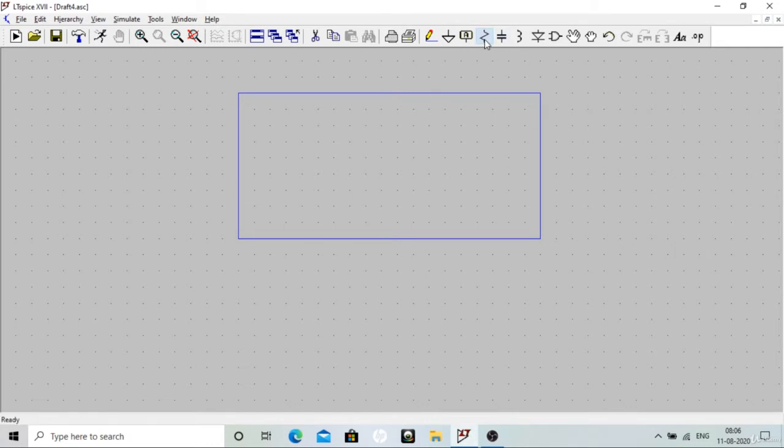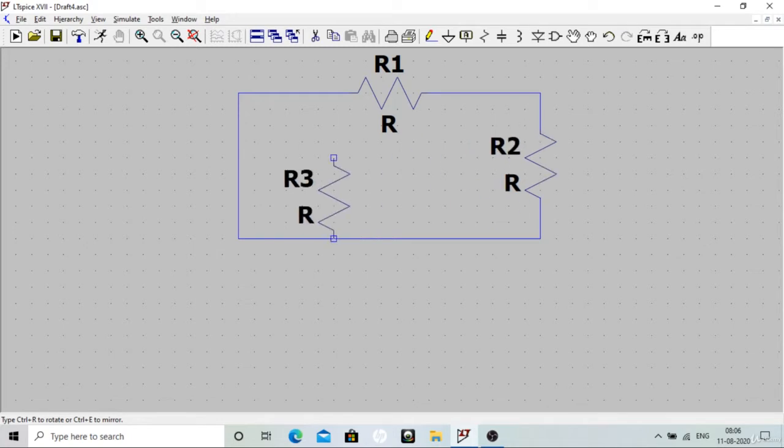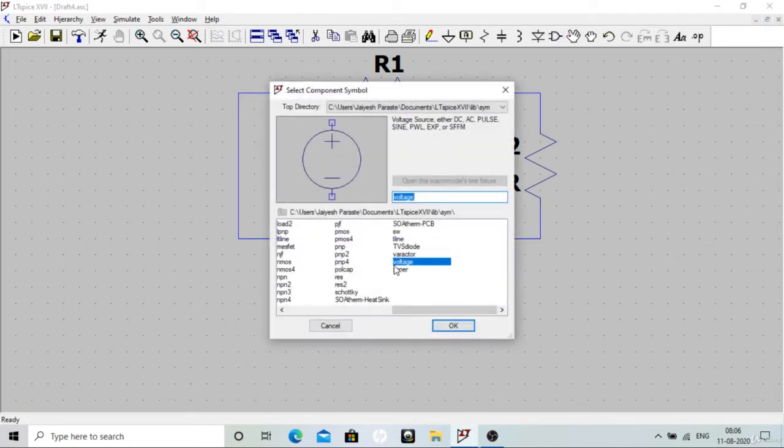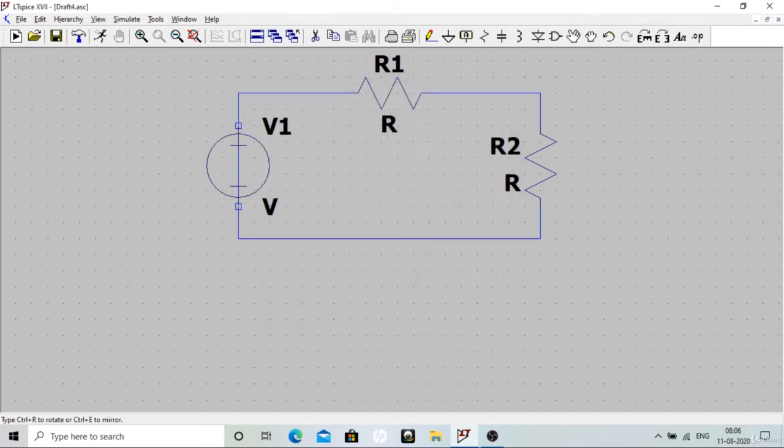Now I will place my components, Control R. So you can see here it automatically fits in. Okay, Control R again, it fits in, escape. Only the voltage source is required. Voltage source, bring it here, positive negative, place it, and it automatically fits.